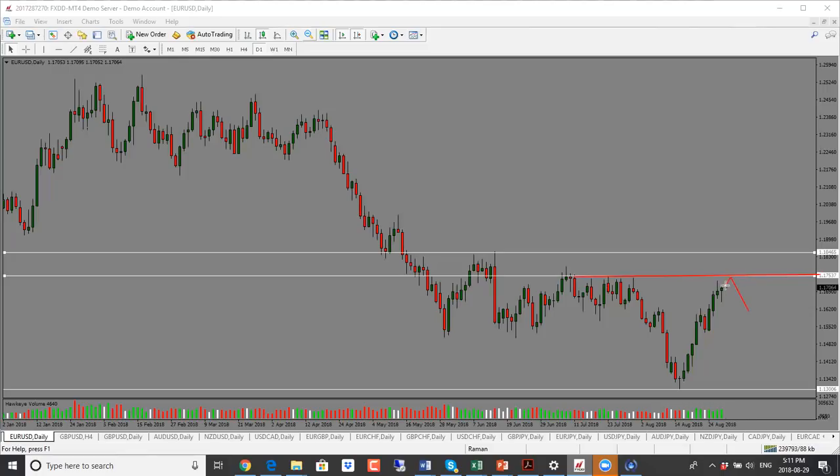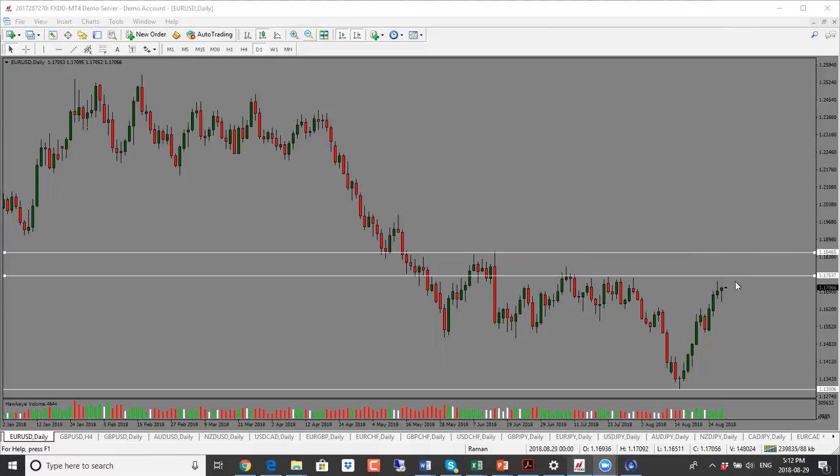So overall, right now, my bias is still to the upside, because as we can see, there's this trend line going upward. So bias is to the upside, but I'd be mindful of this support and resistance area, because price has chance of bouncing off of that. Another thing to keep in mind is that if price does cross to the other side, then chances are very high that we are going into this next support and resistance level, which is at 1.1850 level. These are the same levels that we had talked about yesterday. Still looking for price to go higher. Now we'll just have to see which level price will go to.